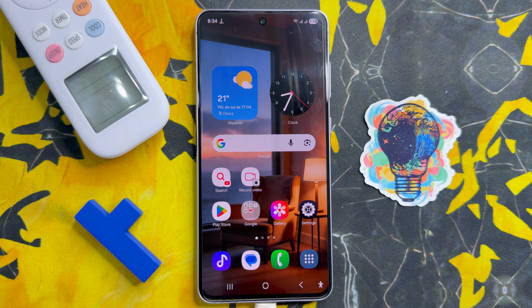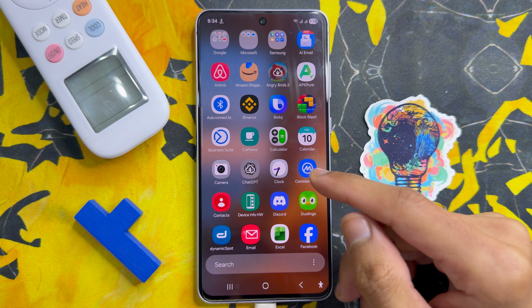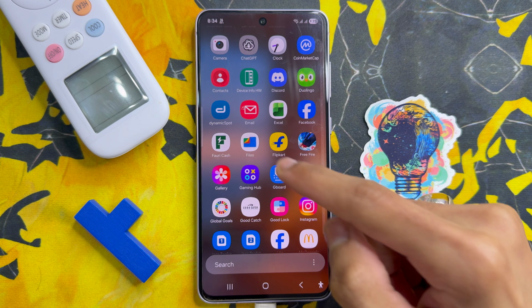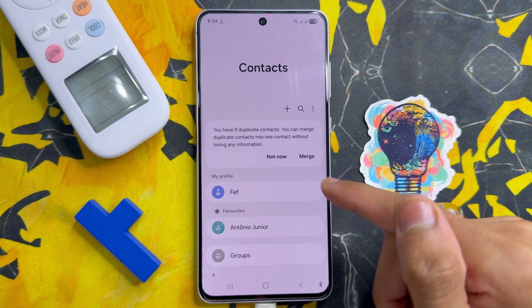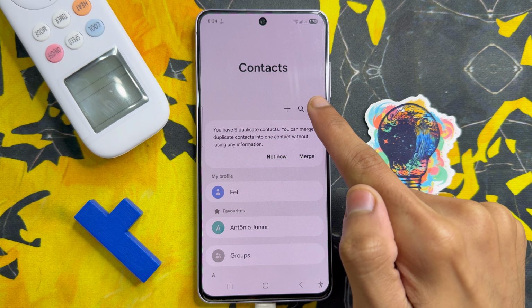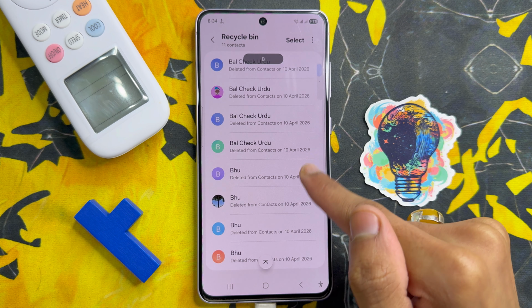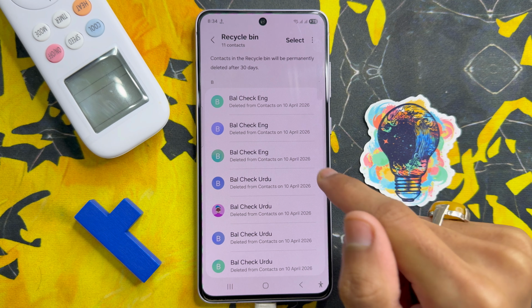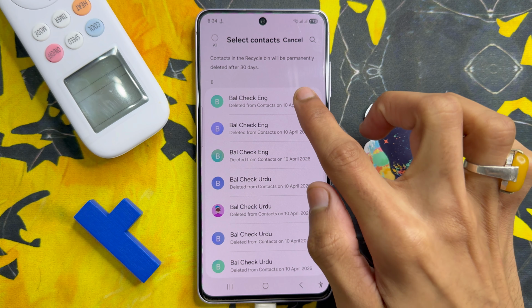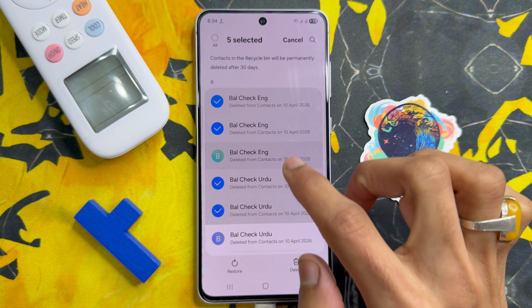Let's start the video. First of all, go to App Library. Here click on Contacts app. After clicking on Contacts app, click on this three dot icon and click on Recycle Bin. After clicking on Recycle Bin, click on Select and you will see